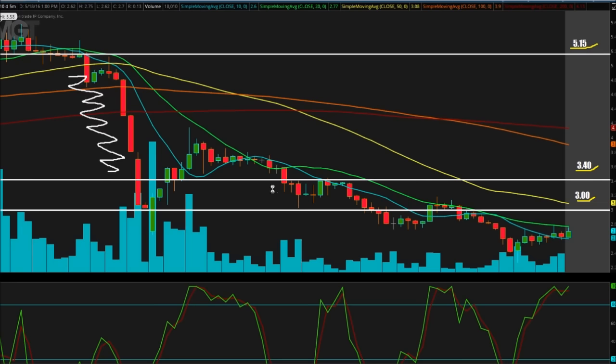Based on today's data, we don't really have any support or resistance in this entire area between $5.15 and $3.40. So if we can get an entrance around $3.40 that we think looks good, we have a great gap up potential to get back up to $5.15. And that's going to be a really nice gain. So that's what I'm going to be looking for tomorrow.